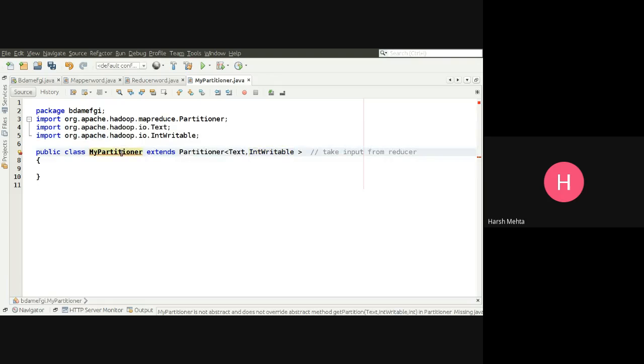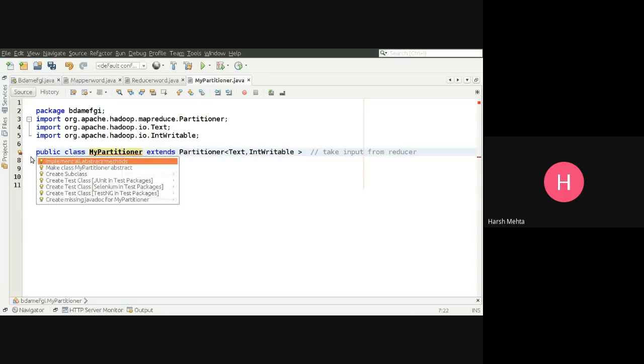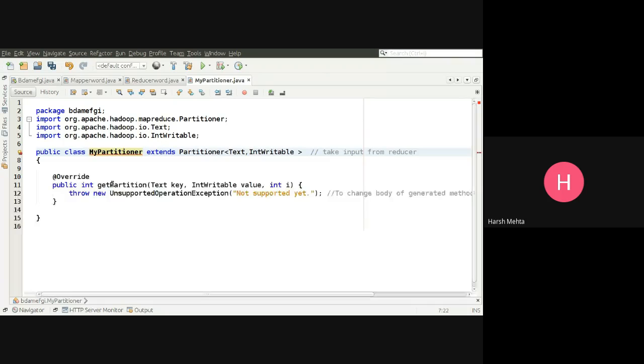It takes one function, so we have to implement all abstract methods. It has this one method, getPartition. Let me remove this unsupported exception line.